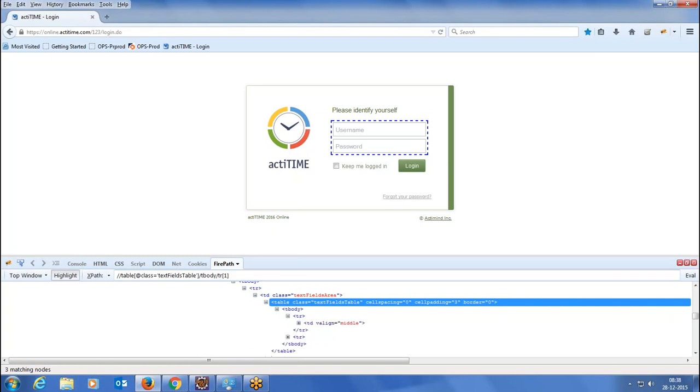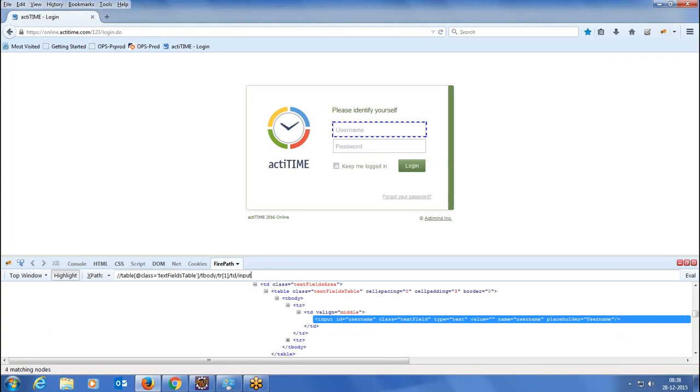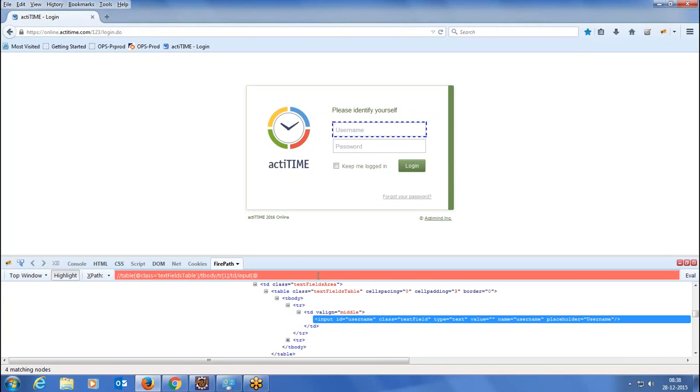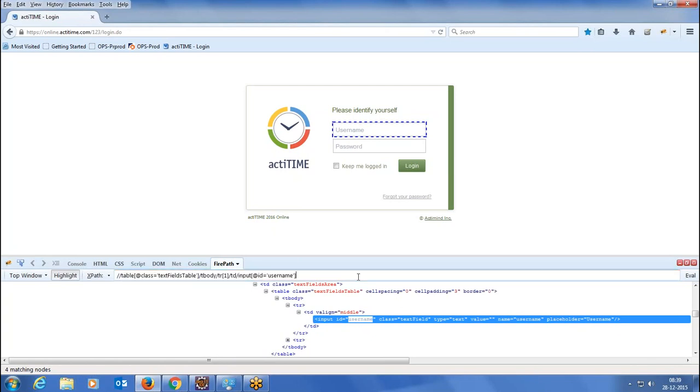And then in the first TR, there is one TD, right? And this TD has one input, right? So we again have 4 matching nodes here. This is where the attributes will come into the picture. Just for our understanding, if the ID would have been there, we would have straight away used the ID. But imagine there are no unique attributes over here. So what we are trying to do is navigate from its parent like this.